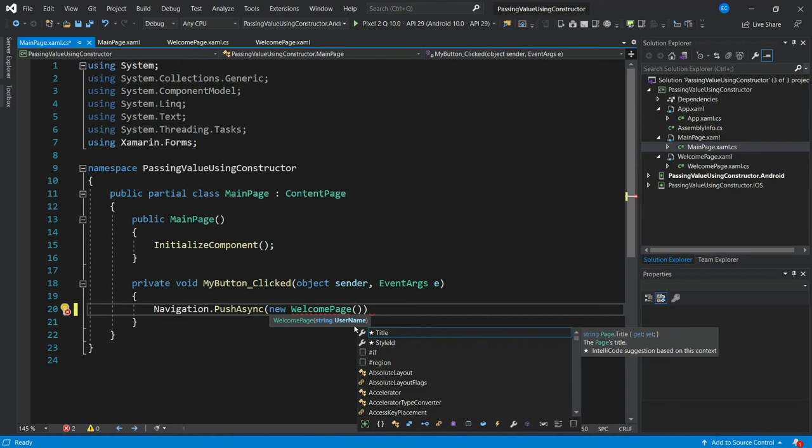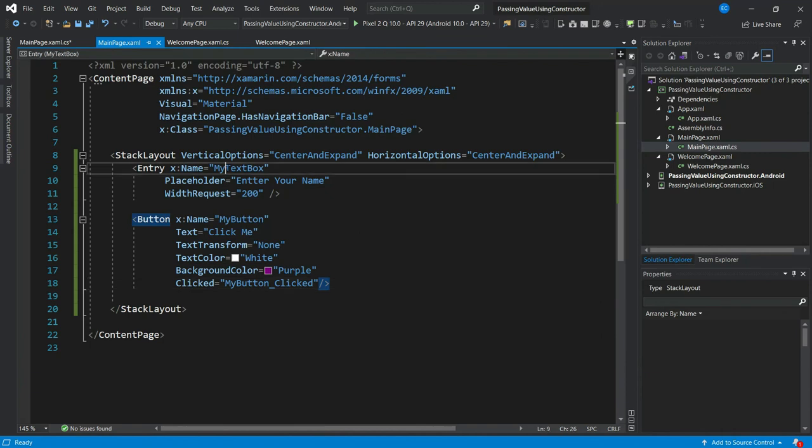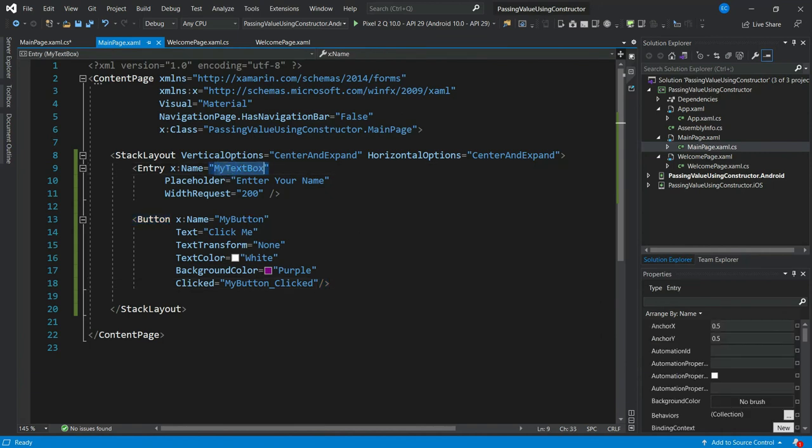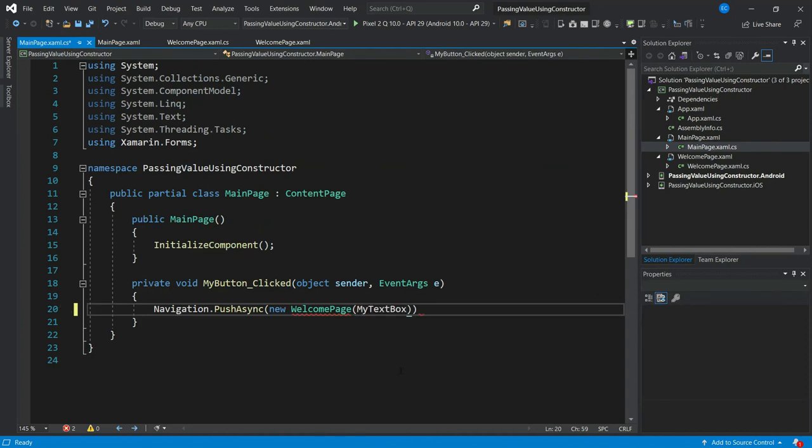So we are going to take this string value from our entry, which we have named my text box. So my text box dot text property. This will collect the value from my text box and pass it to the constructor, and with the help of navigation push async we will navigate to the welcome page.